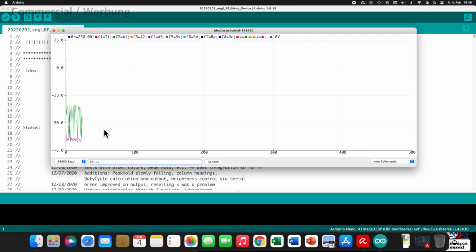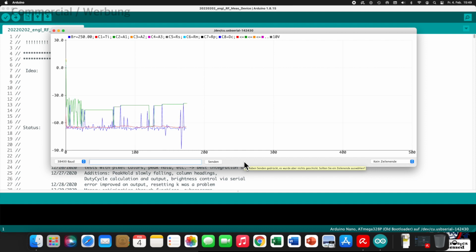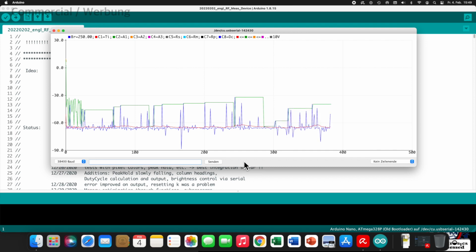We can change the measurement interval to 25 milliseconds and we can see better the dynamics of the signal. Using the option O, we get RSSI, current, mean and peak value.